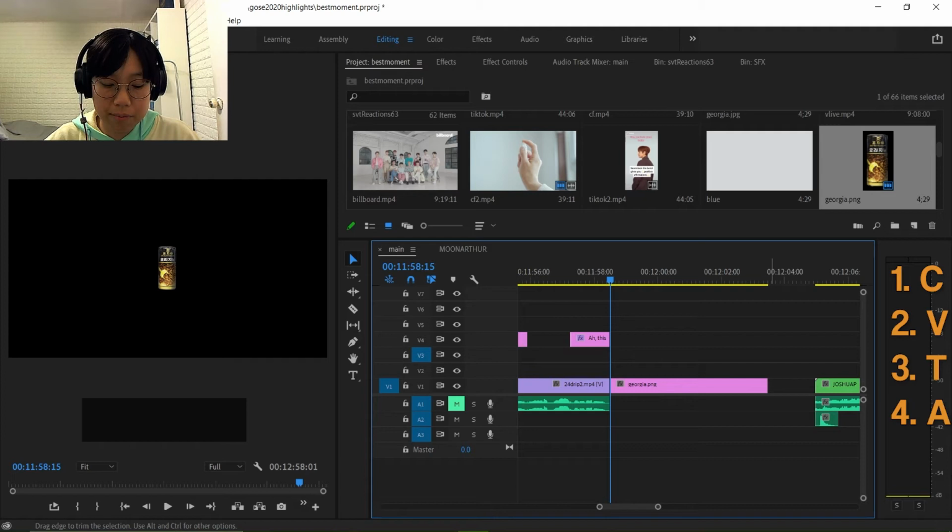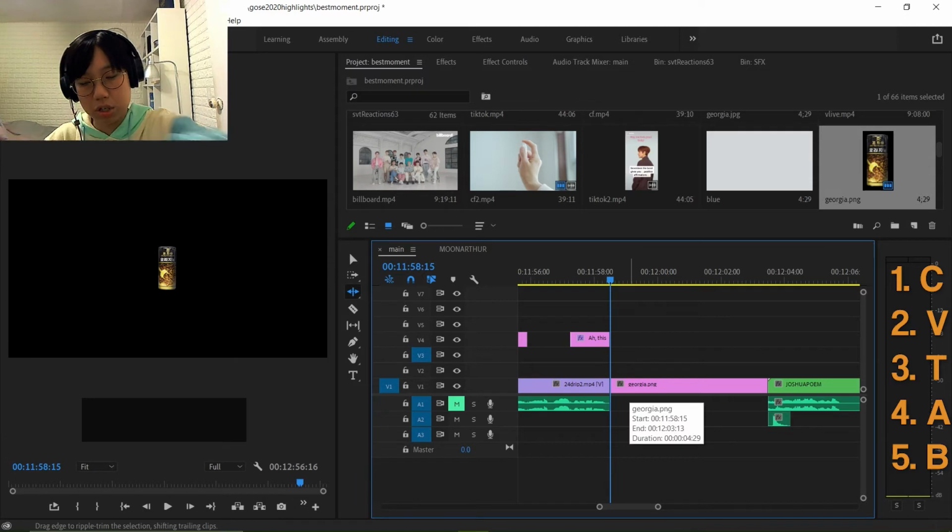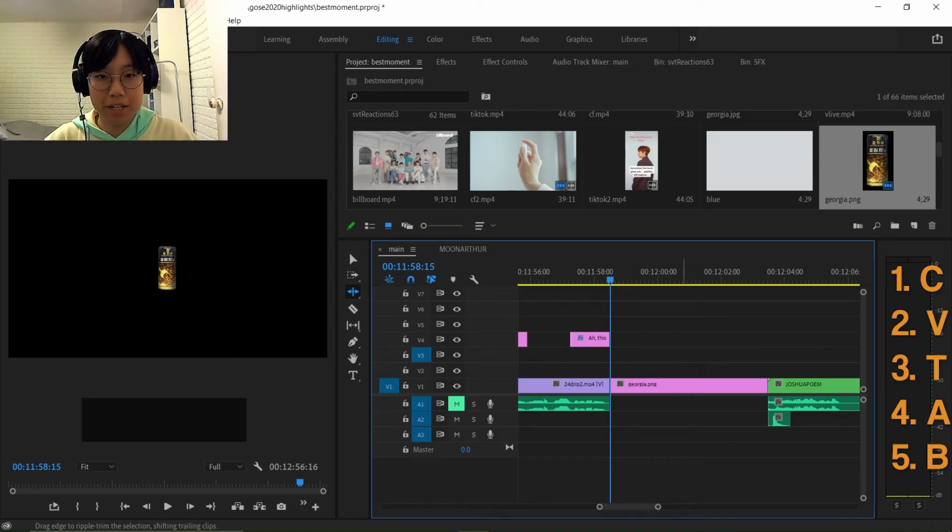It will delete the space and everything will ripple in after it. However, probably the better and faster way to do this, other than reaching over to the right side of my keyboard and hitting Shift delete, is to use the ripple edit tool, which is under B. And you can close the gap like this with the ripple edit tool, and it'll basically do the same thing as Shift delete without me reaching over to the other side. But I don't personally use the B tool, but I imagine that would be something that would make your workflow faster if you used it.